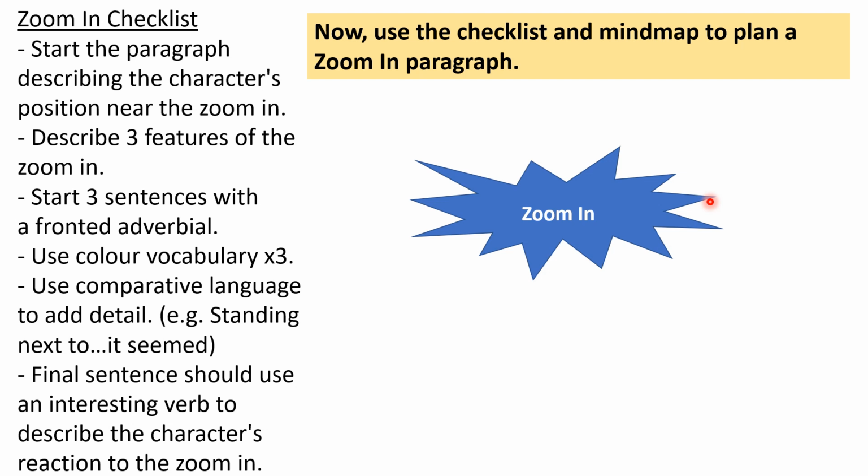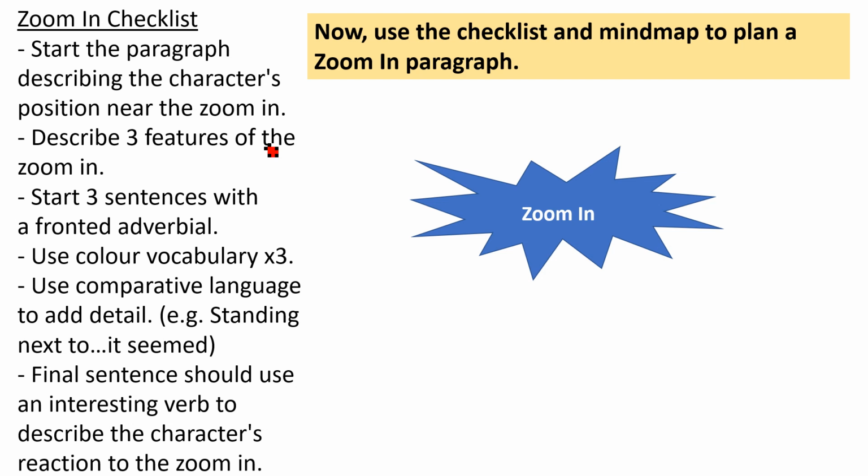Okay, so like we just mentioned, in the zoom out paragraph, you have decided to talk about 3 main items. Now, your item for your zoom in might be one of those 3 main items. So if you've decided to describe in your zoom out the wave, the train, and one of the houses, you might now want to zoom in on one of those things. So, for example, if that was me, I would probably quite like to describe the wave,